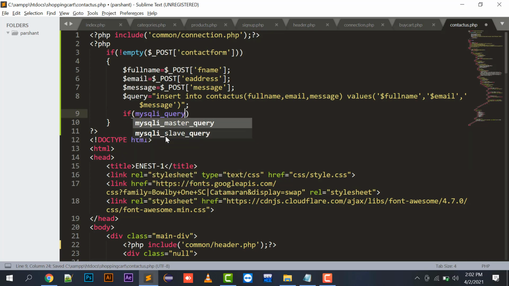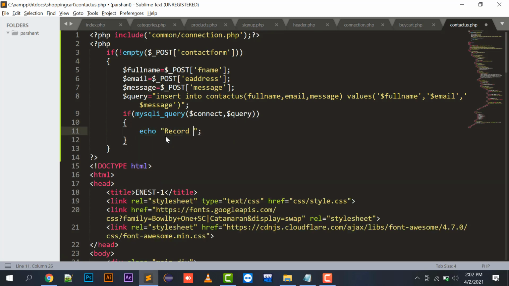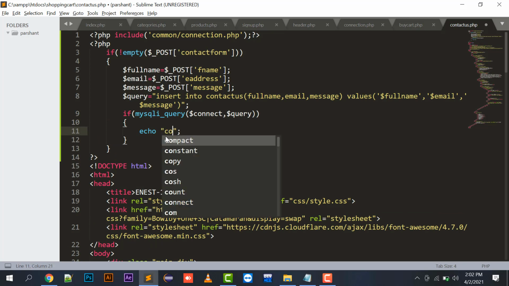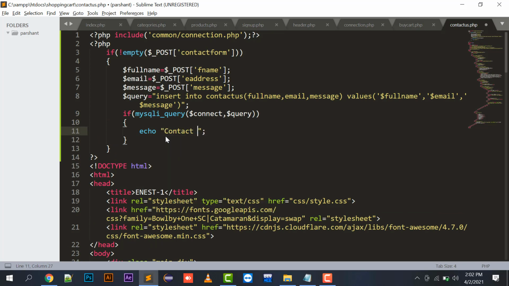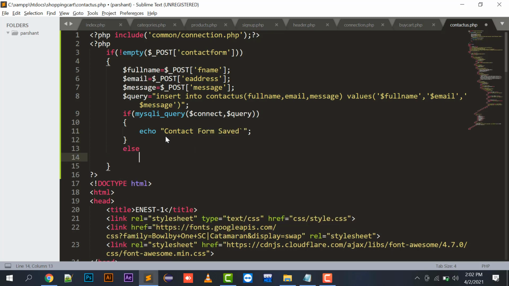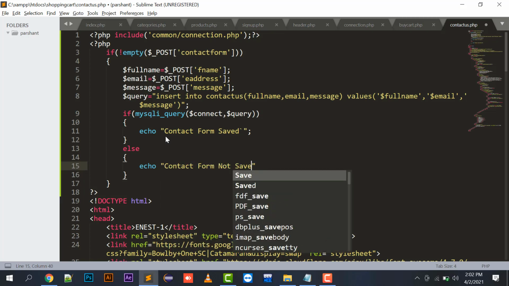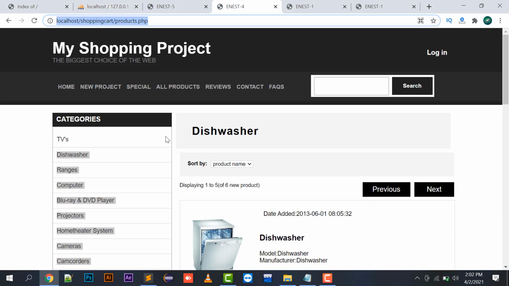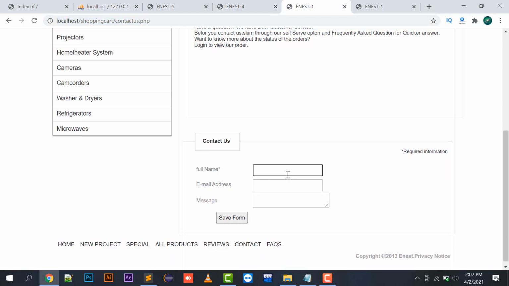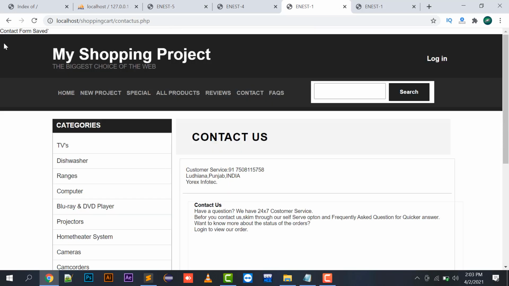So if mysql underscore query, so by entering over here, save form. So contact form saved,